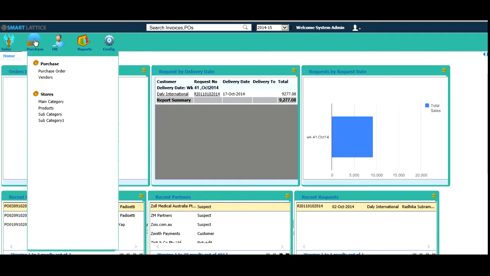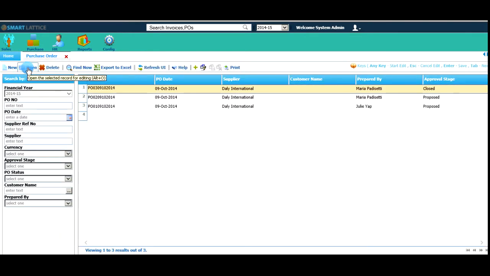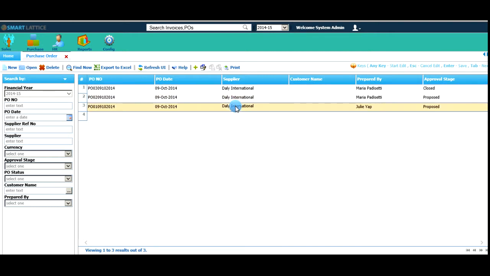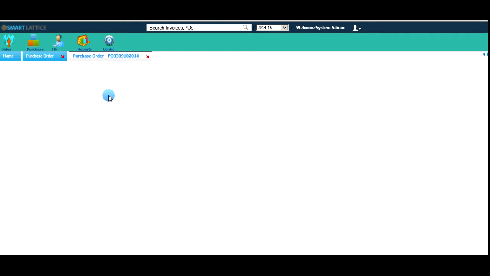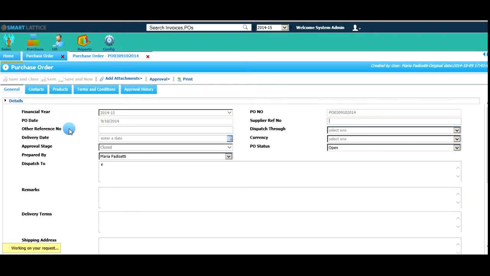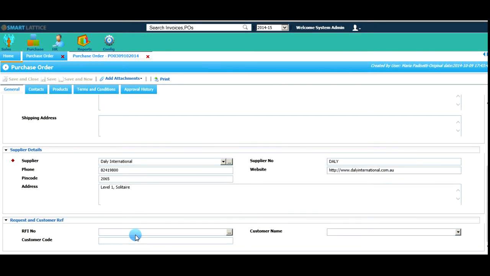When coming to the purchase process, you have purchase orders, and I've created a few of them. You have vendors and references towards RFI, and customers.